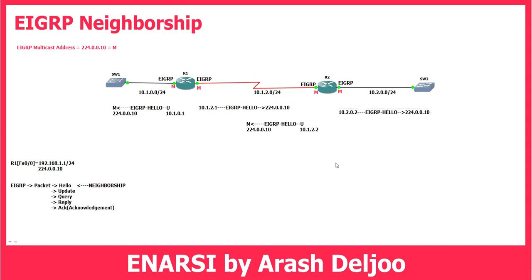Okay, this is the start of the process. I will talk about the details, but let me say that now the hellos of R1 that are sent on Serial 1/0 can be accepted by R2. Why? Because in R2 we have 224.0.0.10 as one of the IP addresses on this interface. Because of that, this hello can be accepted by router 2, and also in router